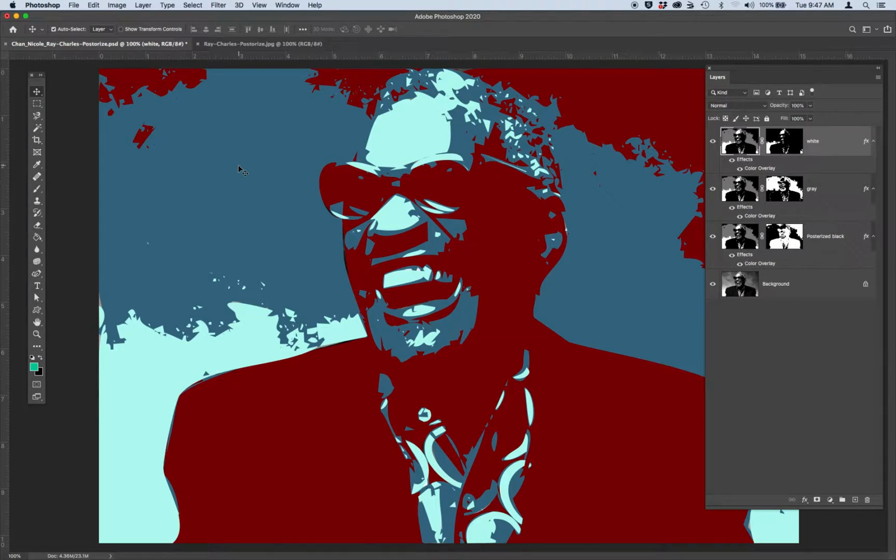This is a Ray Charles kind of fun riff. It almost looks like Shepard Fairey's Obama poster that was so popular during that election time. So this is the end result, and notice the layers. You'll see we've got some masks going on, and some layer styles, color overlays. So this is the kind of process and goal that we're going to be working towards with this exercise of